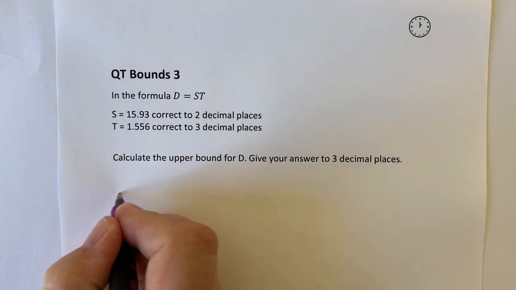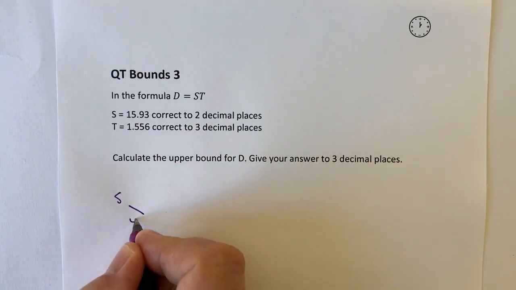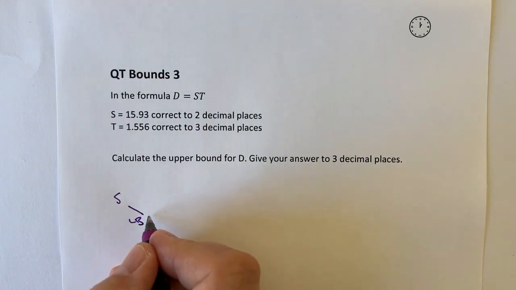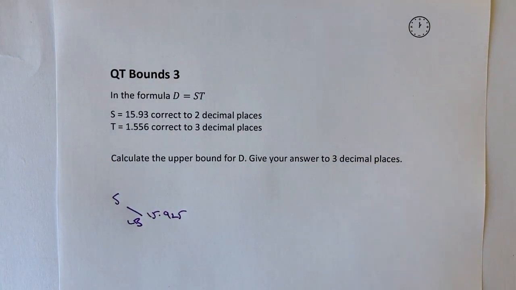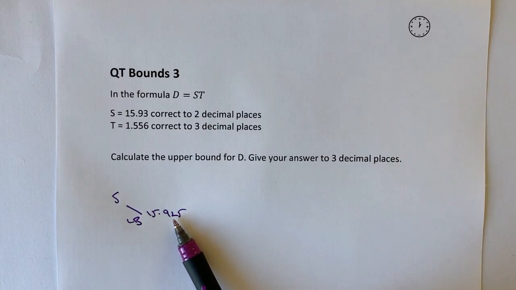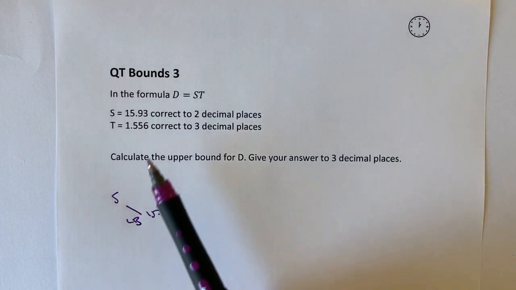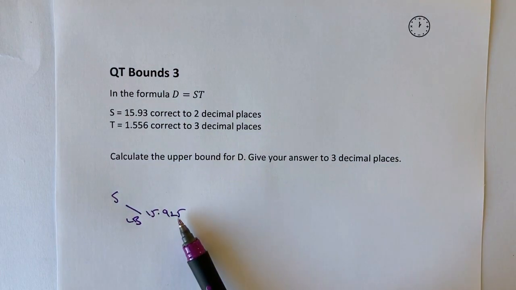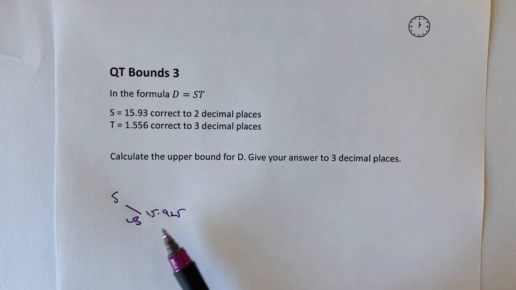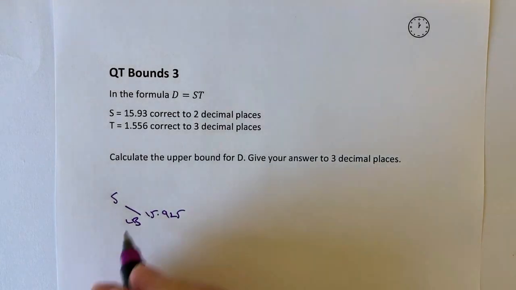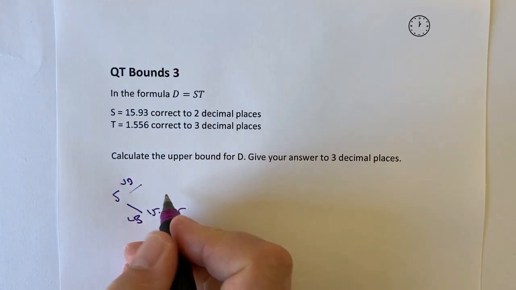So what we're saying is we've got S, and the lower bound, the smallest S that could be, is 15.925, because the second decimal place here is 2. That can convert to 3 if the third decimal place is going to be 5 or above. So 5 would be the smallest that could possibly be. So the answer to get this to the lower bound would be 15.925, which basically means then the upper bound is going to be